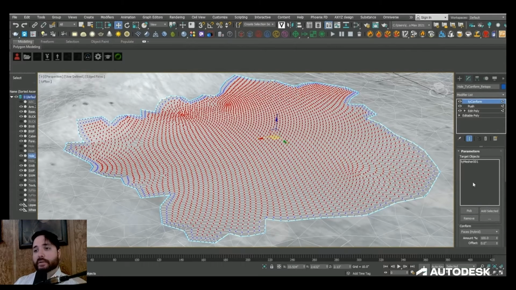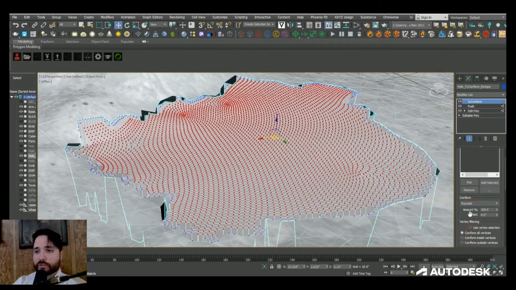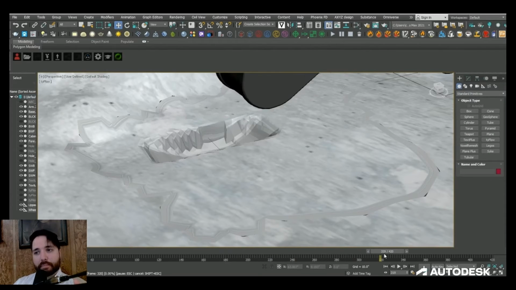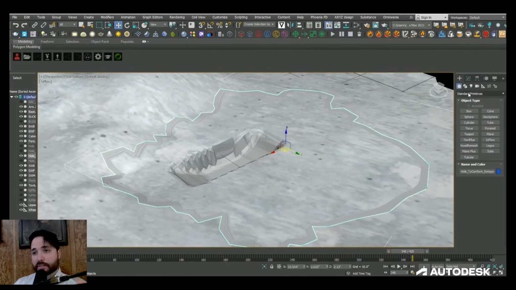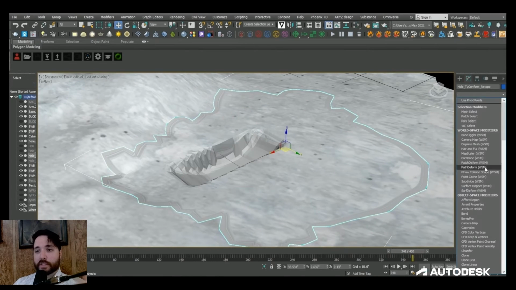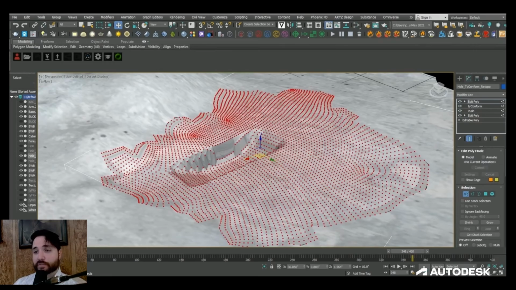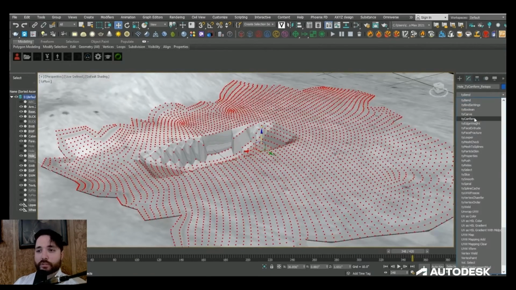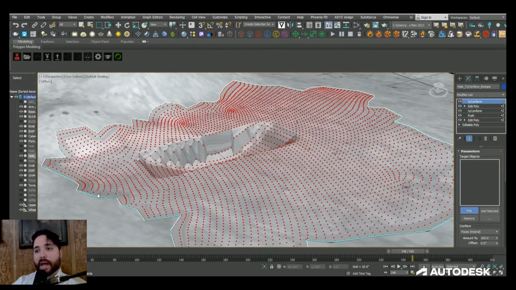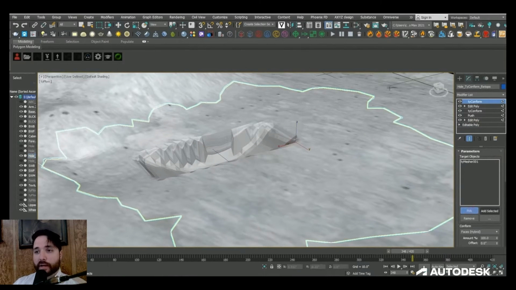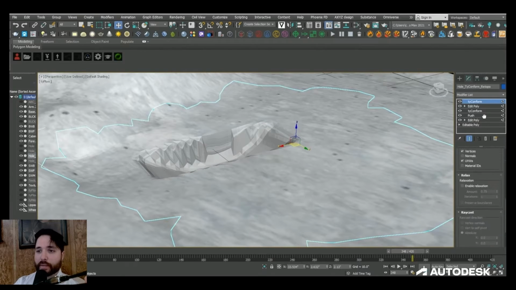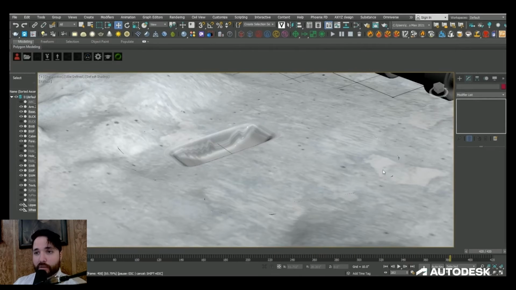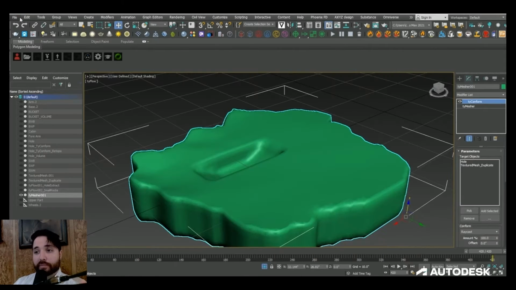I then added another TyConform mesh on top, and I used ray casting to marry it back down to the original ground surface. I made sure to check off the UV settings because I wanted that original UV to pass to our ground mesh and transfer. I finally added the last TyConform modifier on top to remove any UV errors that were occurring, and finally a turbo smooth modifier so that I could smooth out the final mesh. This mesh was then ready to export as an Alembic file, which would save and record all the deformations and UVs on that geometry.